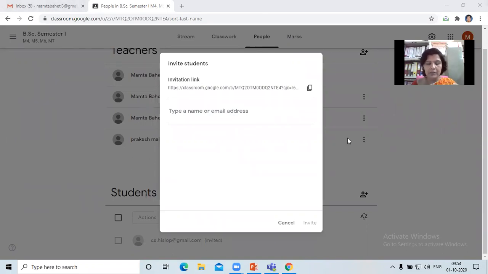Sangram sir has given his mail ID. I'm typing that mail ID here. Two more mail IDs I have received.